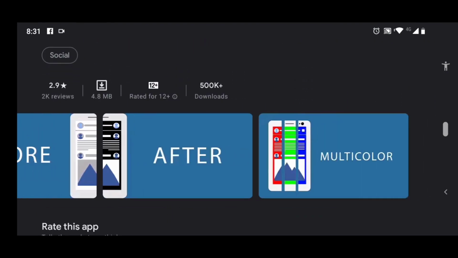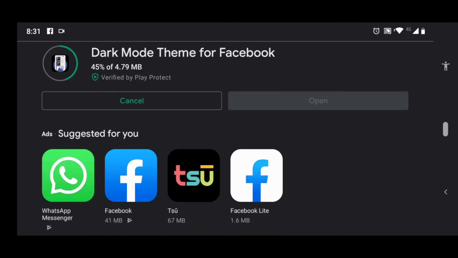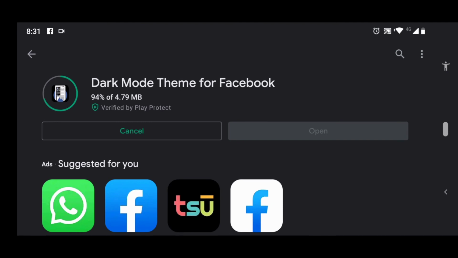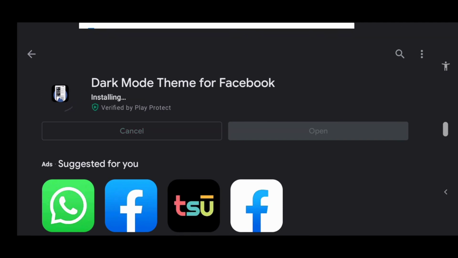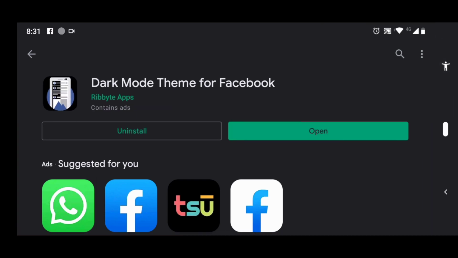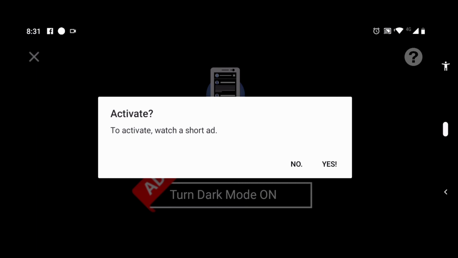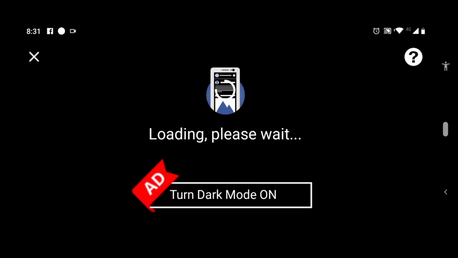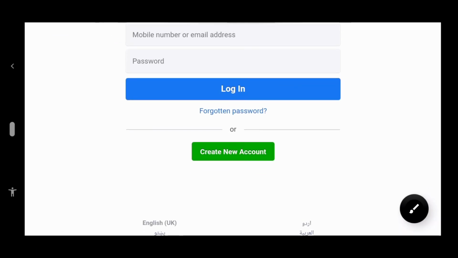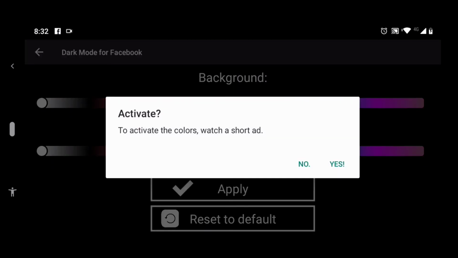So guys, basically these are some applications that support Facebook in dark mode, but you need to trust the owner of these applications before logging into them. They just put the Facebook website in dark mode and give it to you like this, saying that it supports it. So when you open it, you will accept the privacy policy and it will say you have to see an ad to turn on dark mode. So you have to watch an ad. So guys, I have cut the ad because you all would be bored. Now you can go to color settings and you can see how it looks.